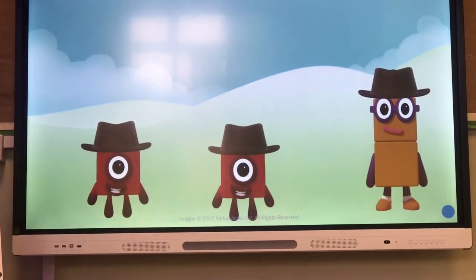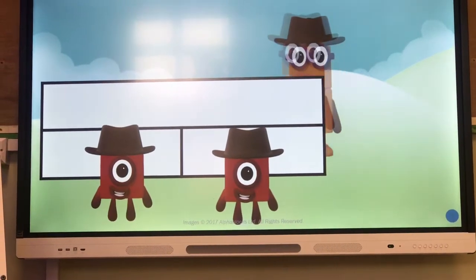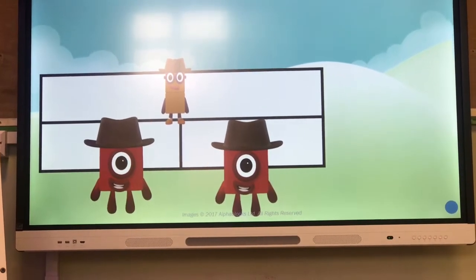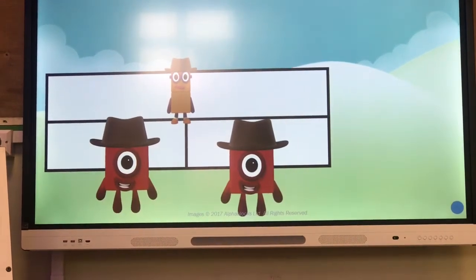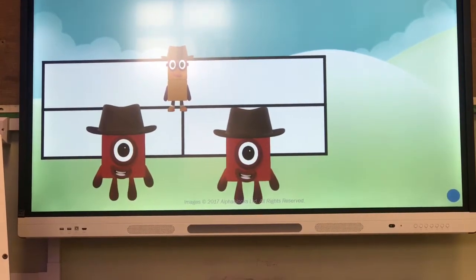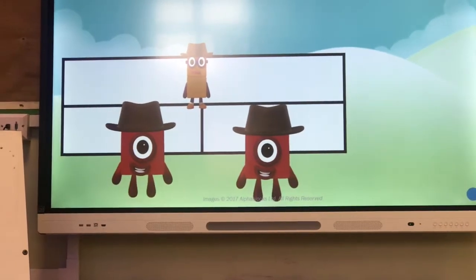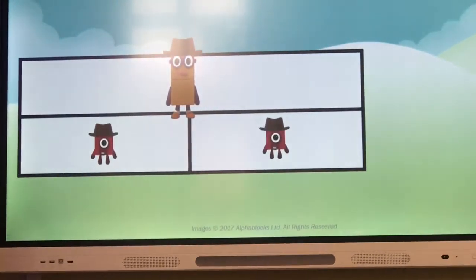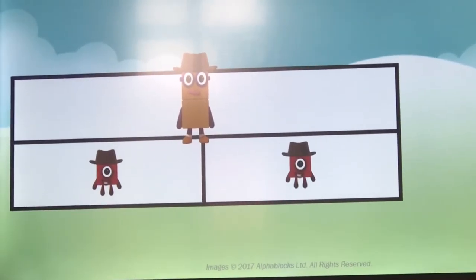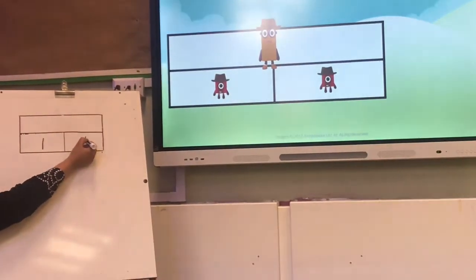So we started off with 2. How did we get to 2? Which numbers did we have to double up to get to 2? Have a look. Well done. 1. So if you have a look, 1 add 1